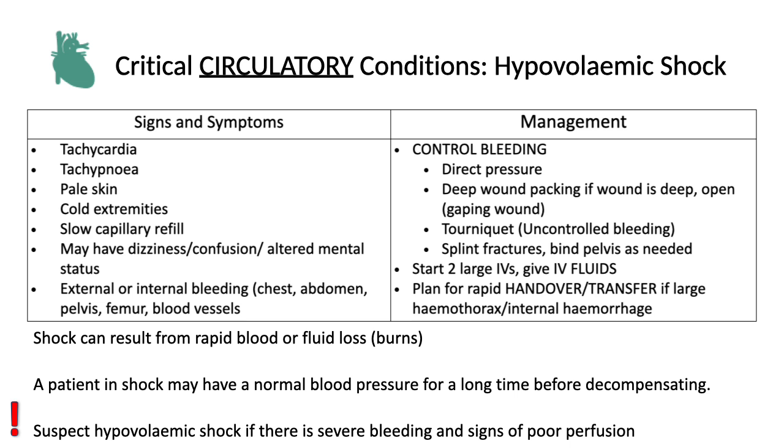Perfusion, usually you look at the mental status, irritability, confusion. You look at the periphery, prolonged capillary refill, clammy extremities, and usually they have no or very reduced urine output. At the same time, you get intense sympathetic stimulation leading to tachycardia, tachypnea. You can see pale skin, cold extremities, slow capillary refill, and the patient might have dizziness, confusion, and sometimes there is